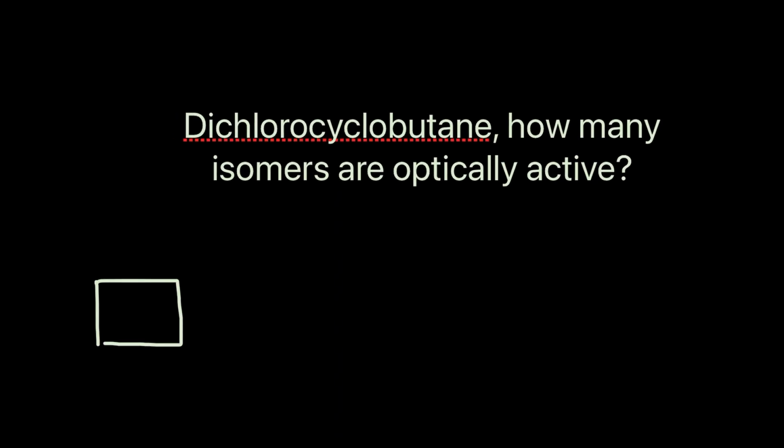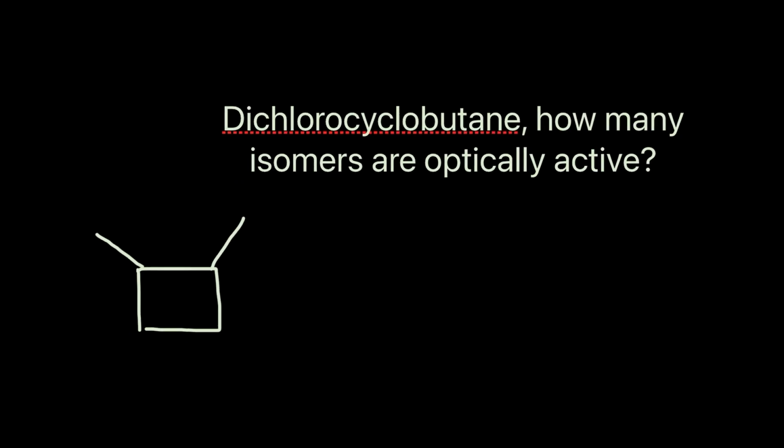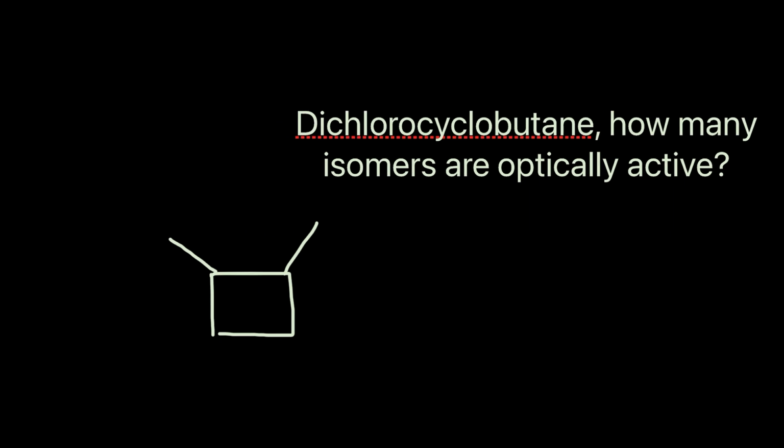Personally, I don't like using the hack too much unless you're really out of time and you just want to check your answers. But I want to show you how to draw out all the possible stereoisomers and analyze it from there on. So dichlorocyclobutane, how I like to start is, I know they can be on the same branch, but I just like to start with them on different branches, and I like to start with them with different wedge and dash